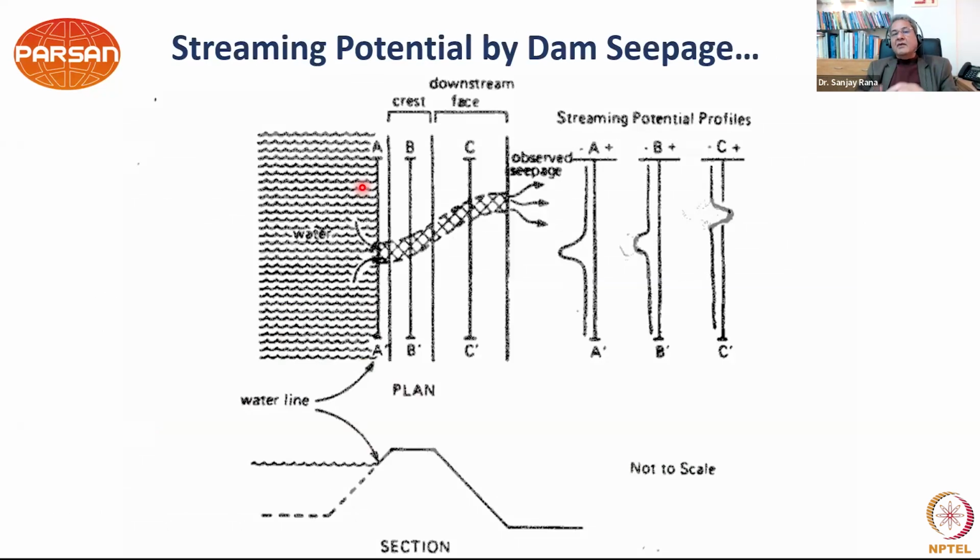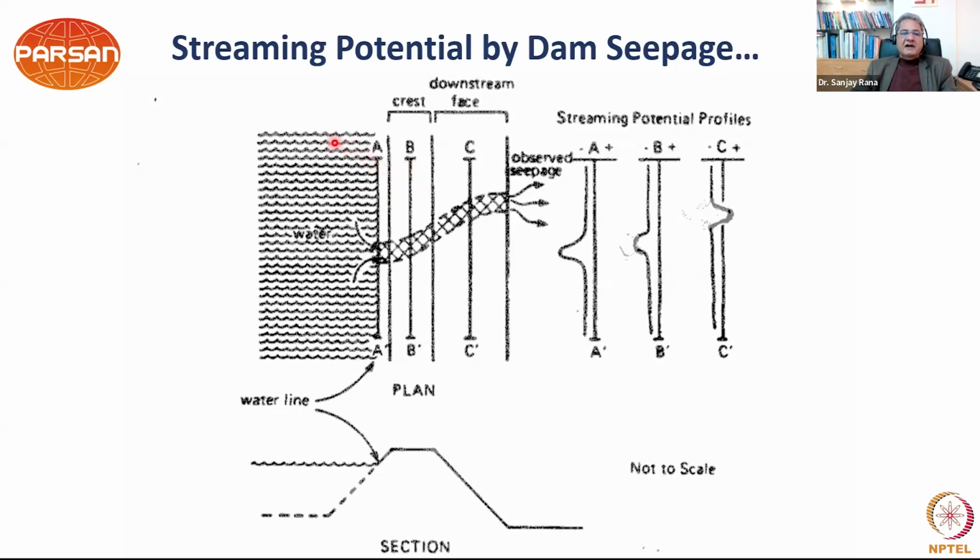And then once we have found that there is more moisture content or water content in certain parts, the next point is whether there is water flow taking place through this, and that's where streaming potential becomes very important. In streaming potential, we are measuring this naturally occurring potential, which is developed because of the flow of fluid through a porous medium. When the fluid is flowing through the porous medium, the positive ions which are attached to the clay membranes are displaced. And because of that, a potential is developed.